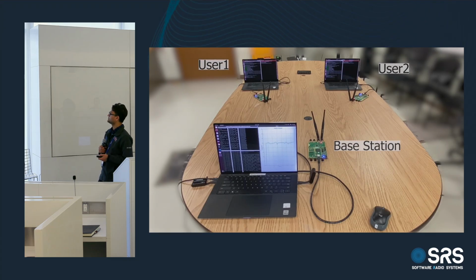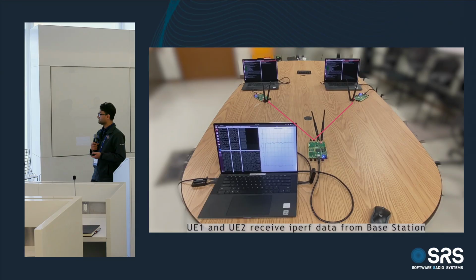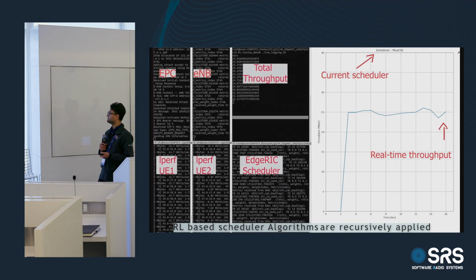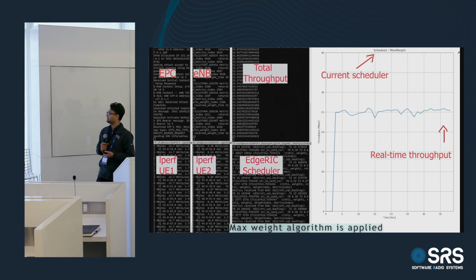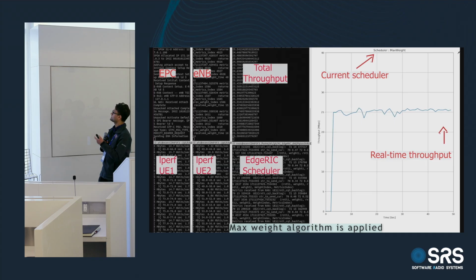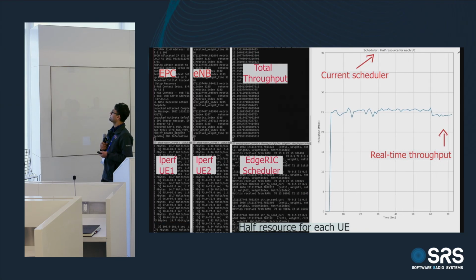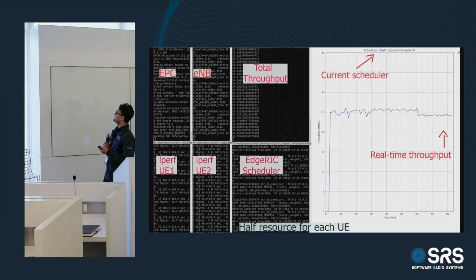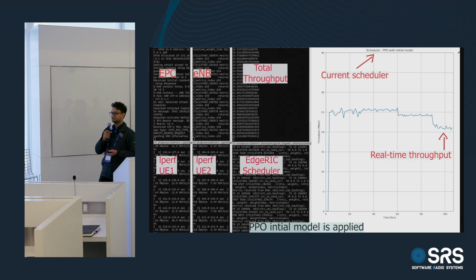As you can see, we have 2 users connected to srsRAN running on 3 B210s with 10 megahertz of total bandwidth. User 1 and user 2 receive iPerf data, which is creating the data traffic between the 2 users. And here you can see on the left the core network, eNodeB, and the 2 users which are running there. And on the right, we are changing different scheduling policies in real time. So you will see right now the scheduler allocates half the resources to each user, equally distributing resources to both users, and that